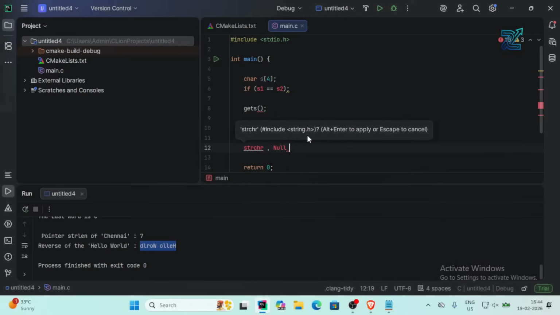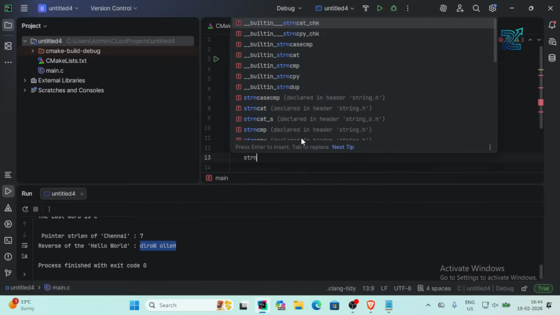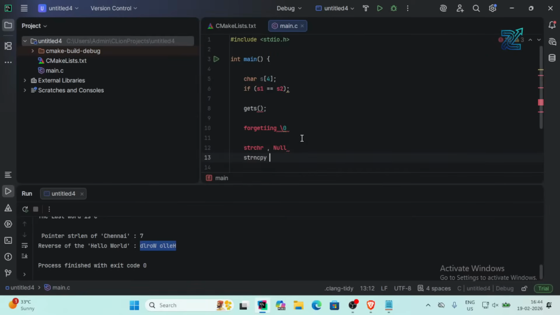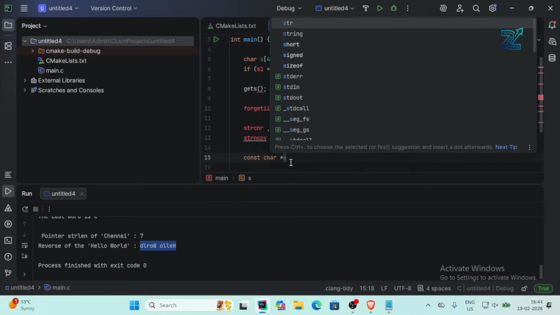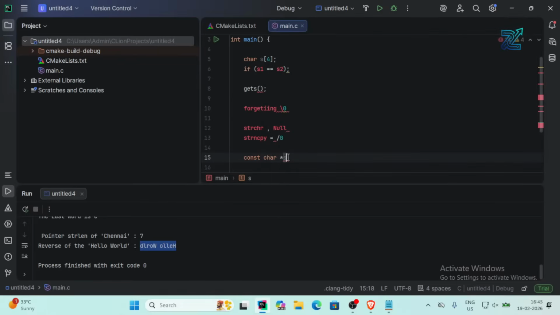And after that, string copy and manual \0. While you are using strncpy, make sure to give the last value as \0. Sometimes it will not add it, so make sure to do that. And one more thing, if you are given constant and the value of character and percentage s, so this is a constant string, you cannot change this value, it is only read-only memory. So one more thing, that is size of